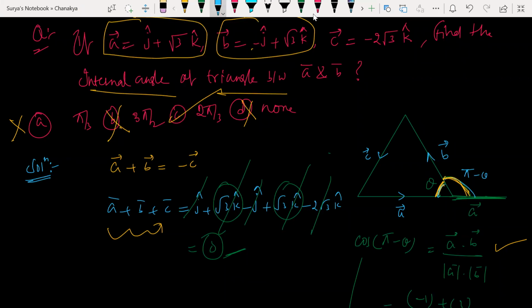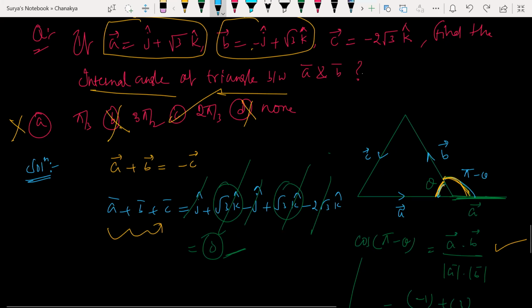You have to imagine here. The first and foremost thing you need to understand from this question is A and B. All are in the same direction, which means if I add all these vectors, I'm getting 0. If after getting A plus B plus C I had got something other than 0, then that would have been a different case. But I'm getting the summation of all these vectors as 0.